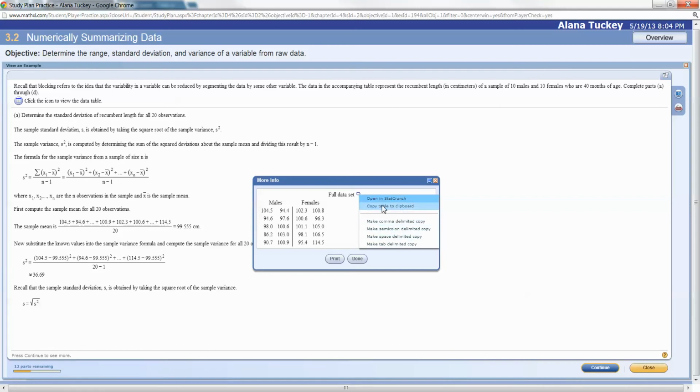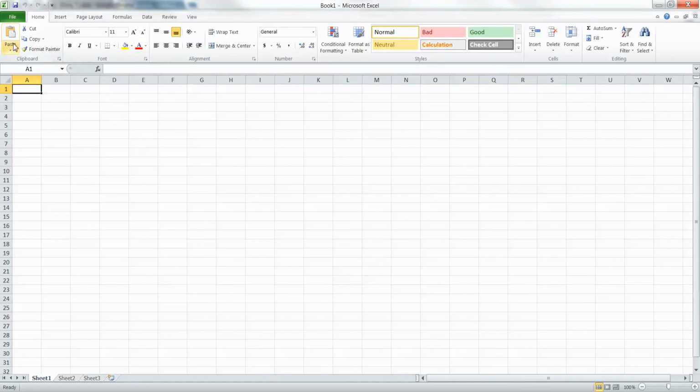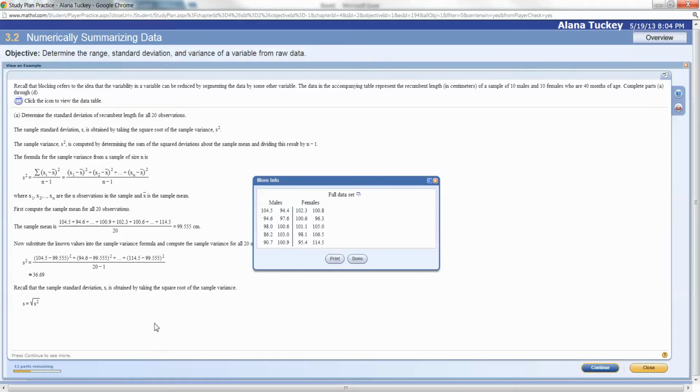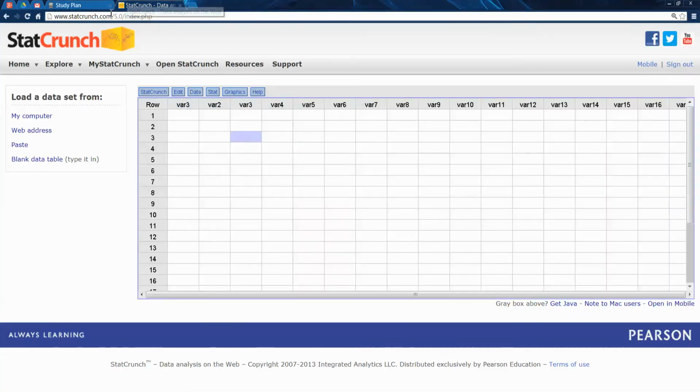And actually, I hardly ever open in StatCrunch. I choose to copy to the clipboard and then I can paste from there, right? So I'm going to paste. You can either click on this icon up here or I can hit Control V. There we go. Okay. And then if I want StatCrunch, what I do and what you should do is have it open in its own window. I have it right here. I just go to